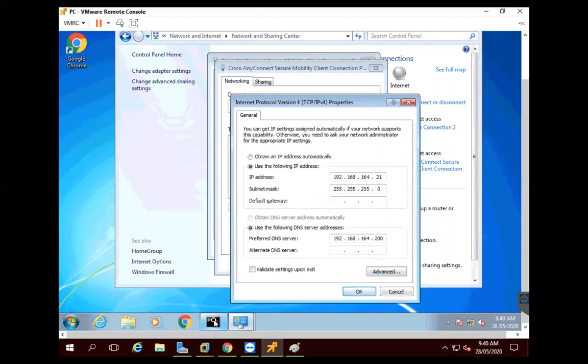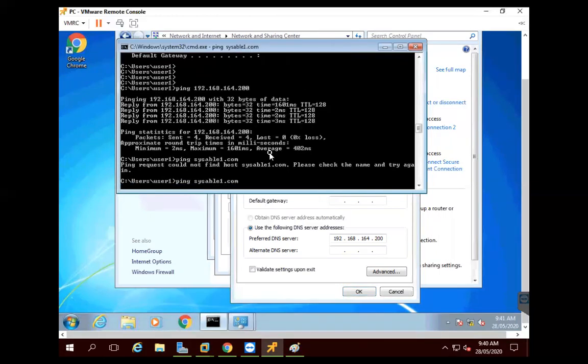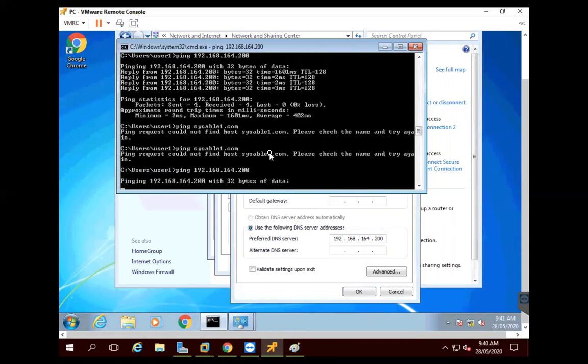So just give one more try. So we are able to ping the IP address, but name resolution is not good.